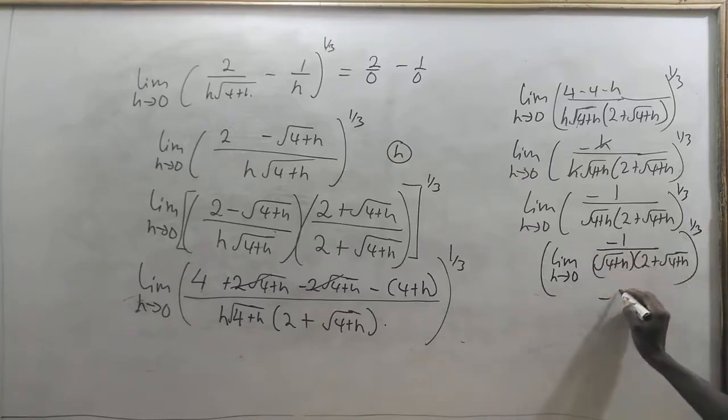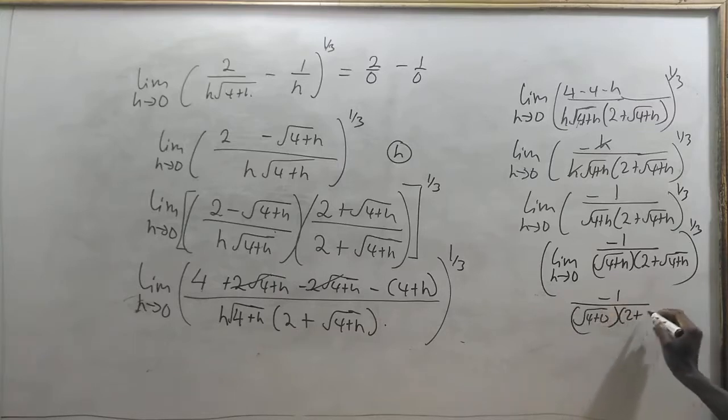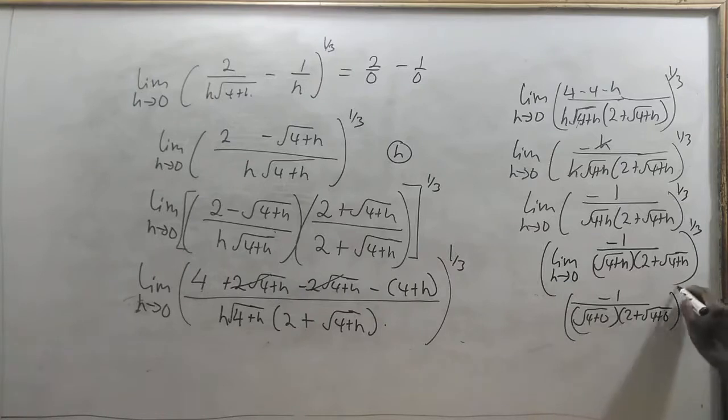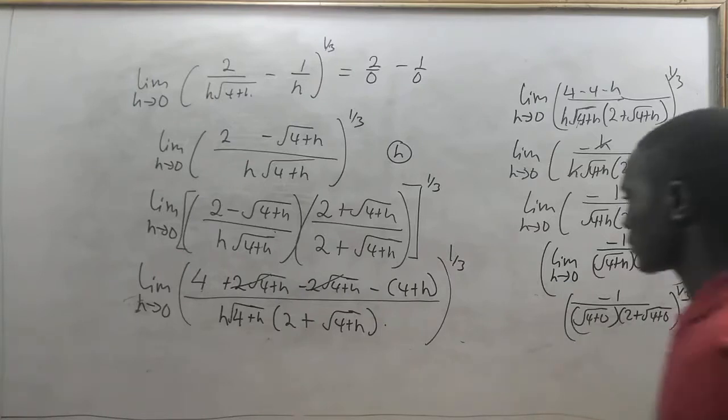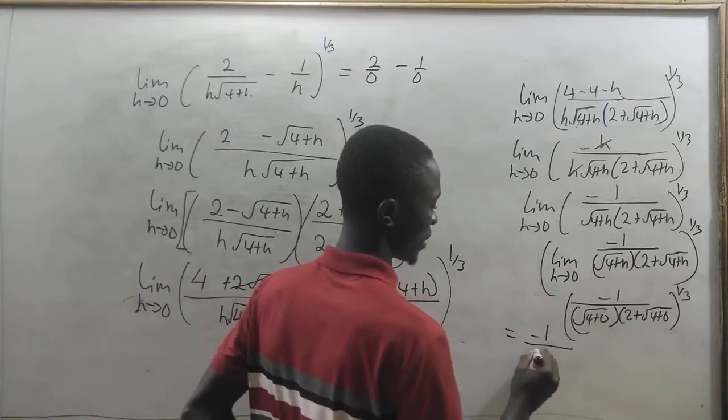So this will give us negative 1 divided by square root of 4 plus 0 times 2 plus square root of 4 plus 0, all to the power 1 out of 3. And that we are going to have negative 1 divided by